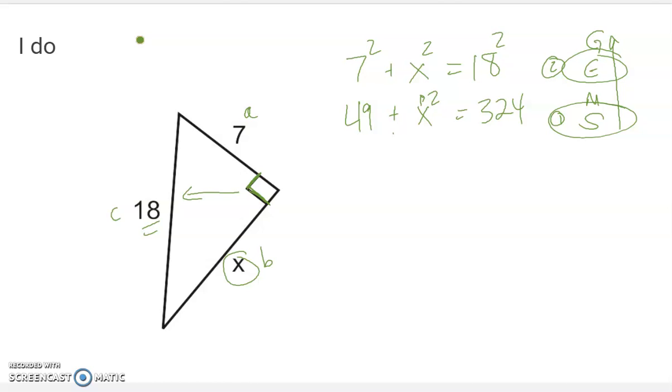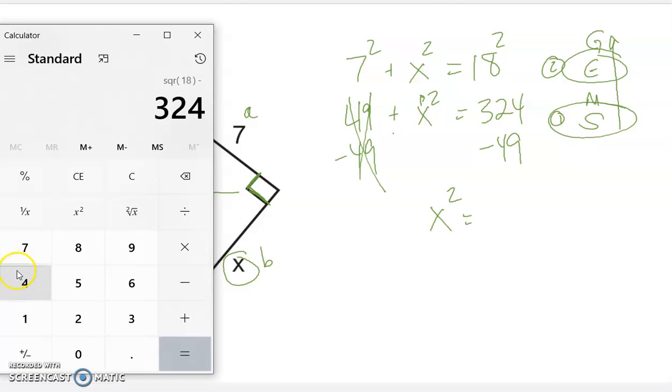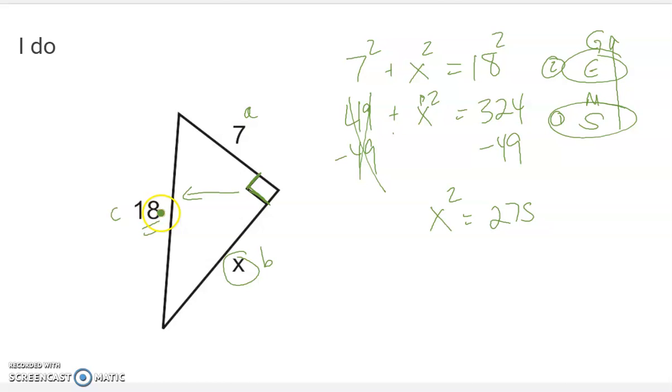So the inverse operation of adding 49 is subtracting 49 from both sides. Those cancel away. And whatever x squared is, it's going to be 324 minus 49. So it equals 275. Now, that's done. All that's left now is to deal with the exponent. X is being raised to the second power. The inverse of raising to the second power is square root. Take the square root of both sides, and we find that x equals